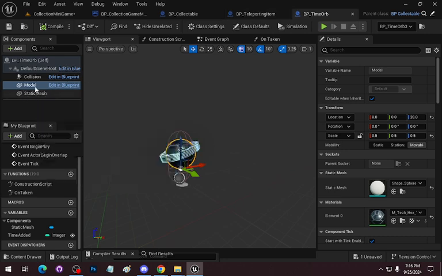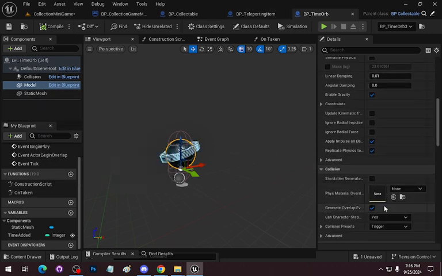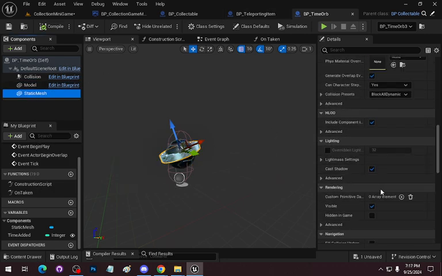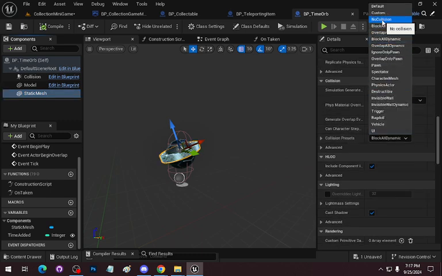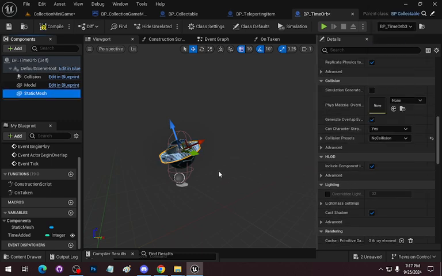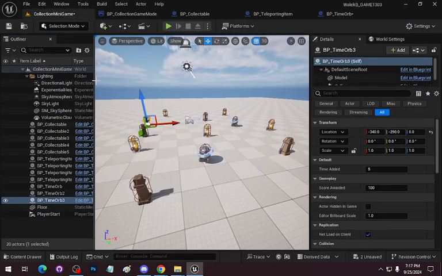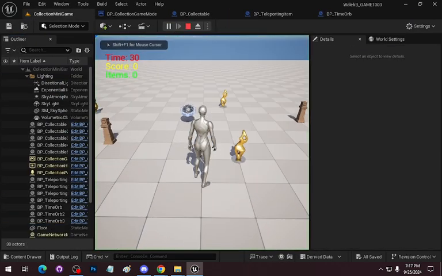It's this static mesh right here. This is a trigger. In this case, it's blocking all dynamic. I just need to go and set this. It really shouldn't have any collision. So I'll compile, make that change, save everything, and now